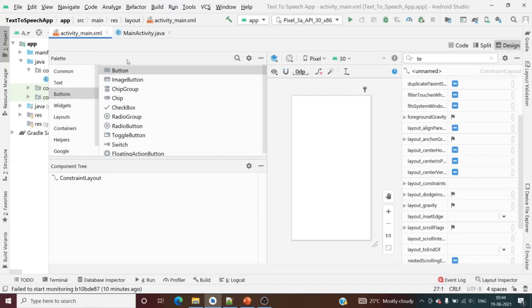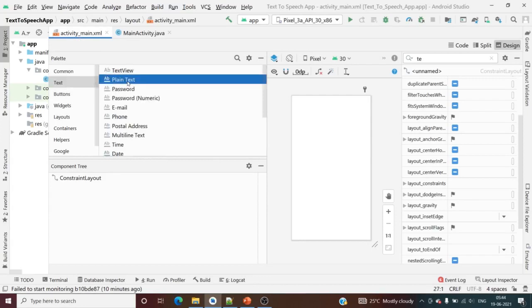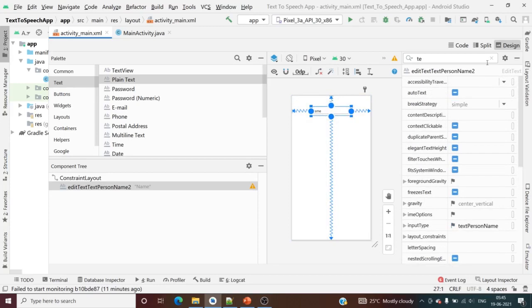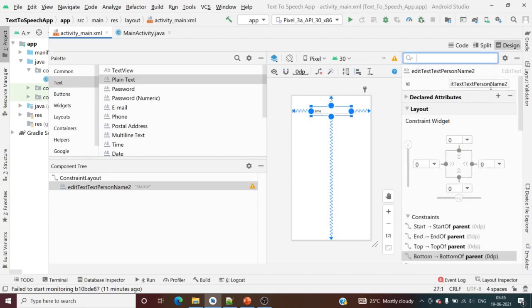As already told you in the slides, we need a plain text. Let us constrain it to the parent view, that is the side. Place it here on top. And let us give the id.